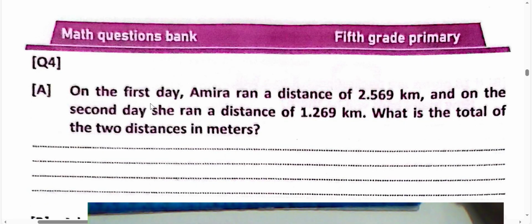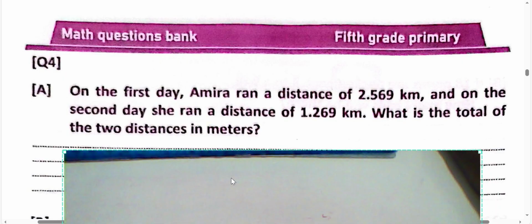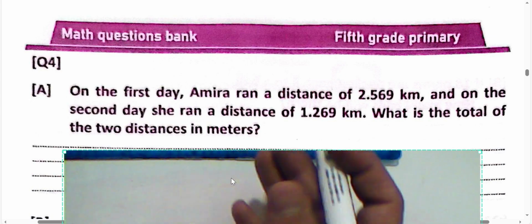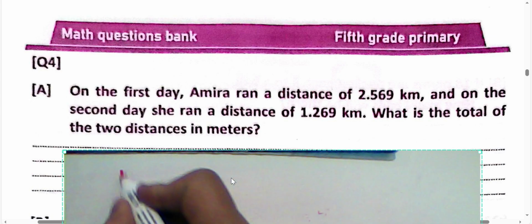Question number 4. On the first day, Amira ran a distance of 2.569 kilometers, and on the second day, she ran a distance of 1.269 kilometers. What is the total of the two distances in meters? We can add them together and then convert from kilometers to meters by multiplying by 1000. Then the distance equals